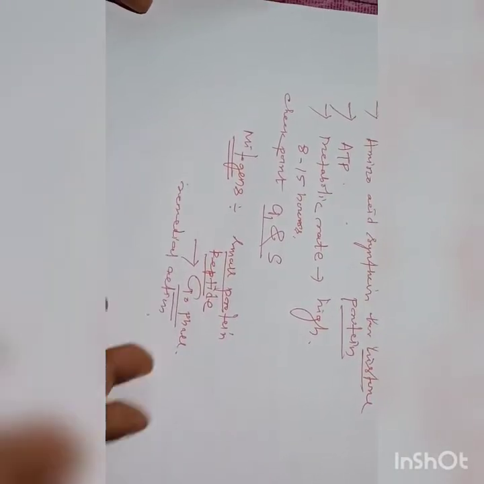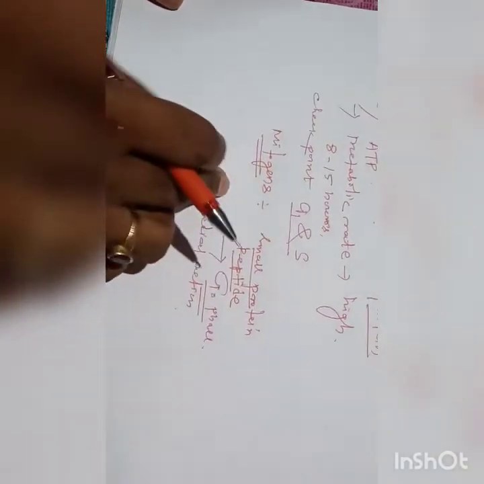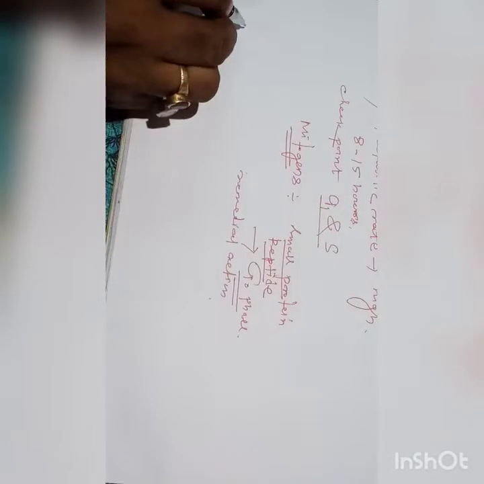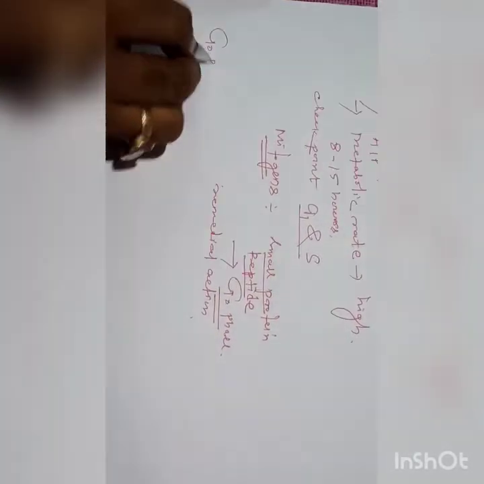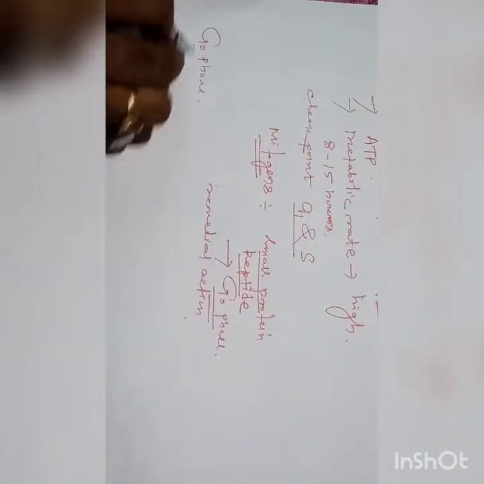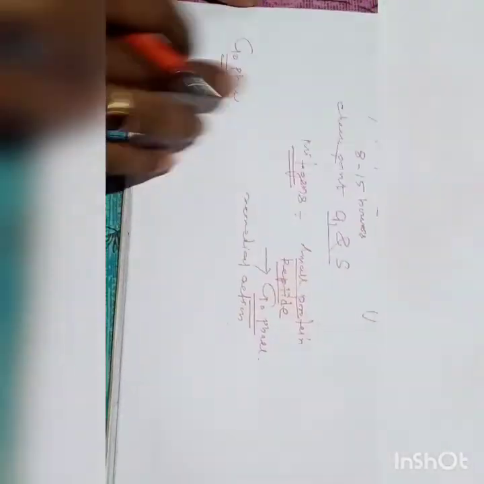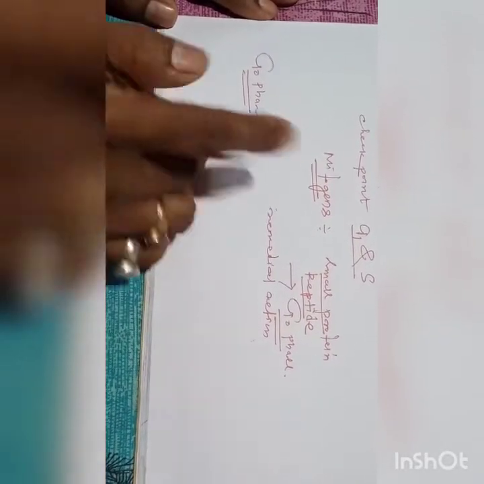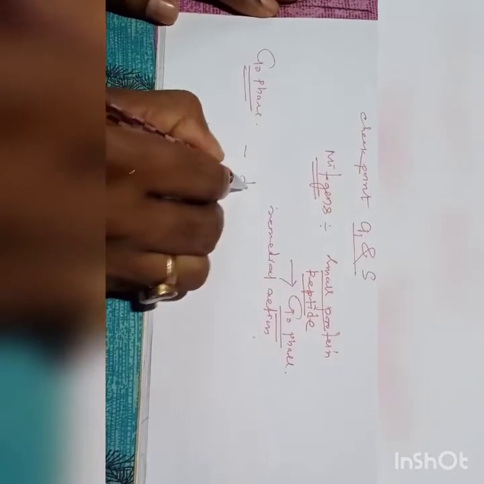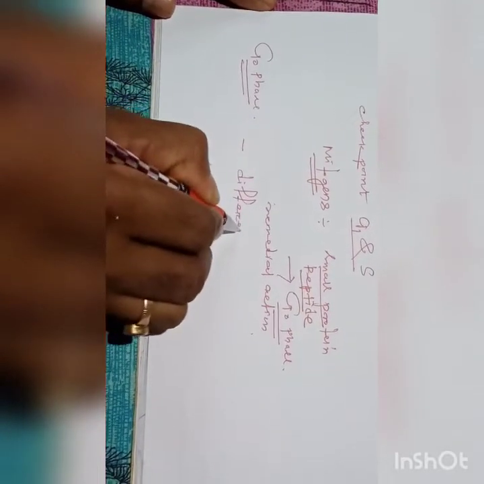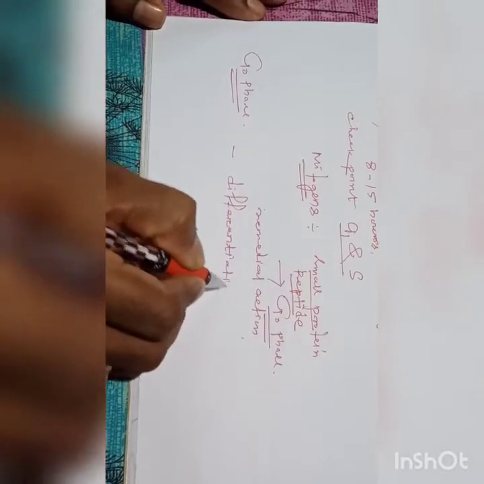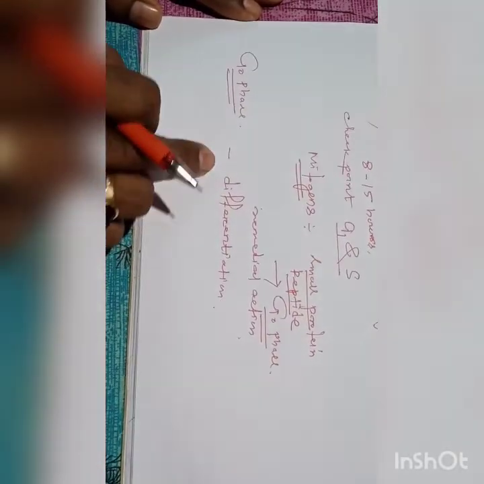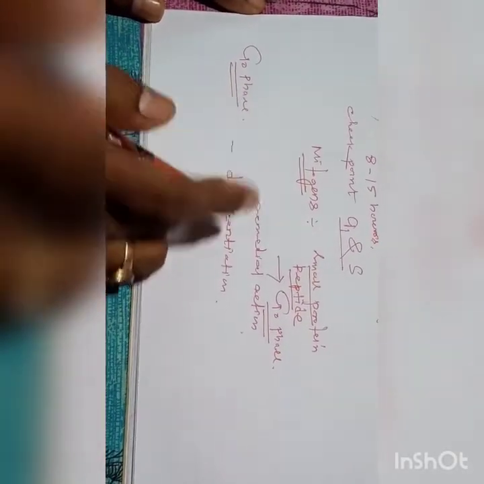If everything goes correct, then the cell again enters into the cell cycle. Now we'll go to G0 phase. We'll talk about the G0 phase. So what happens in the cell in the G0 phase? The cell undergoes differentiation in G0 phase, so that a cell assumes a specific shape and